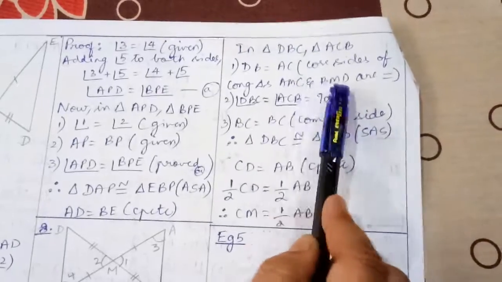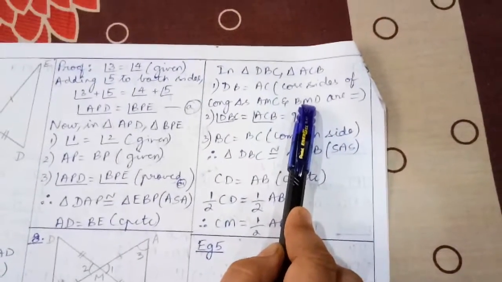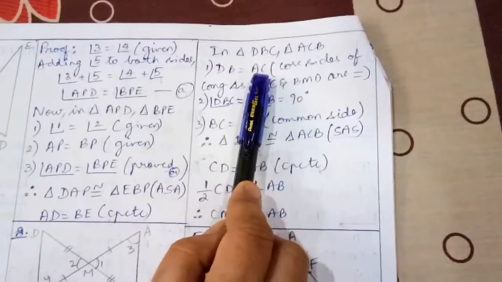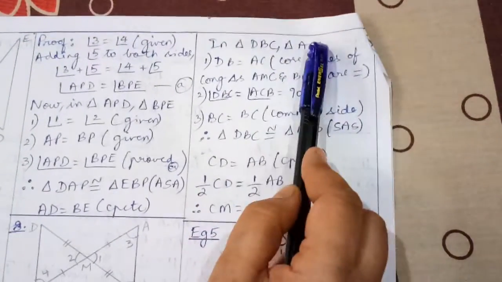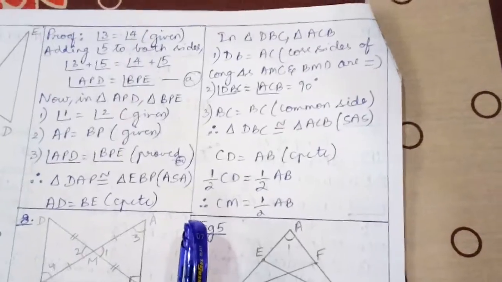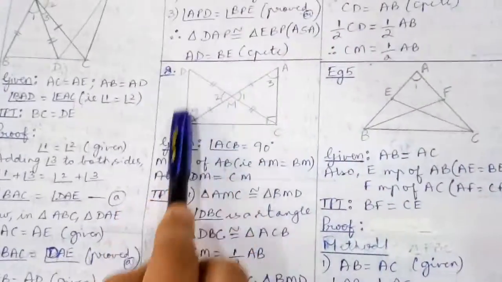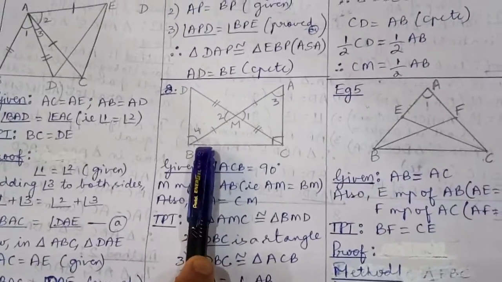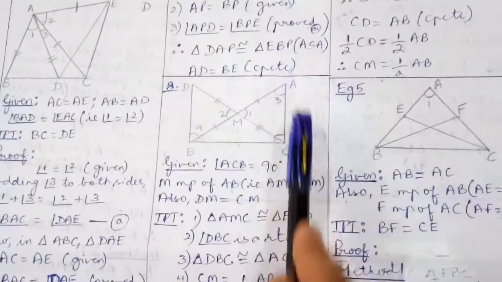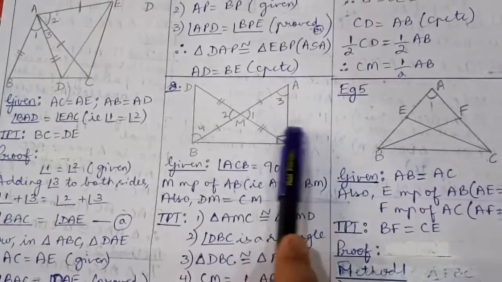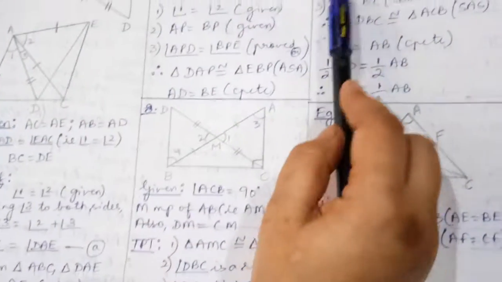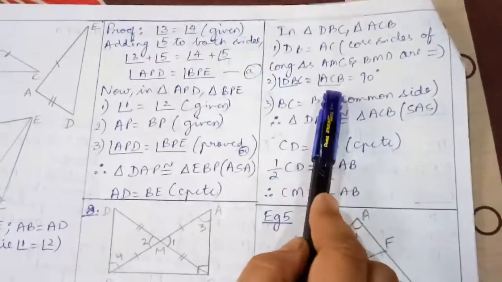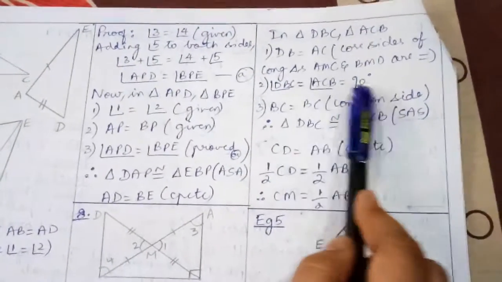We have earlier proved that these two triangles are congruent to each other, so their corresponding sides are equal. That's how we have DB equals AC. DB of this triangle equals AC of the second triangle. And what next? We know that in triangle DBC, this angle B is 90 degrees, that is, angle DBC is 90. And we know that in the other triangle ACB, angle ACB is 90 degrees. So that's the next information: angle DBC equals angle ACB. DBC is of this triangle, ACB is of this triangle. Both measure 90 degrees.